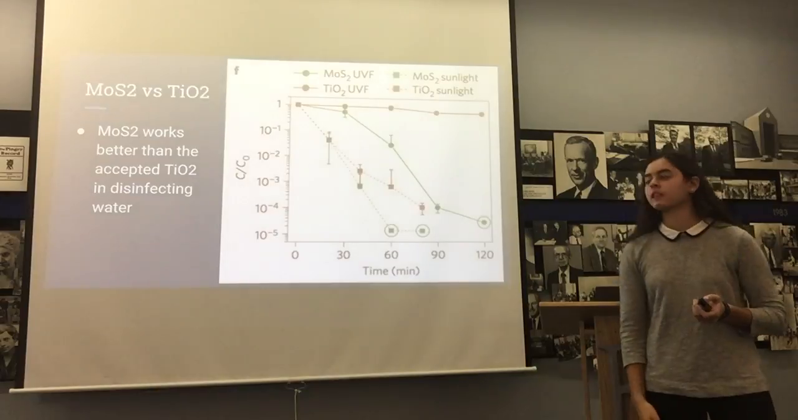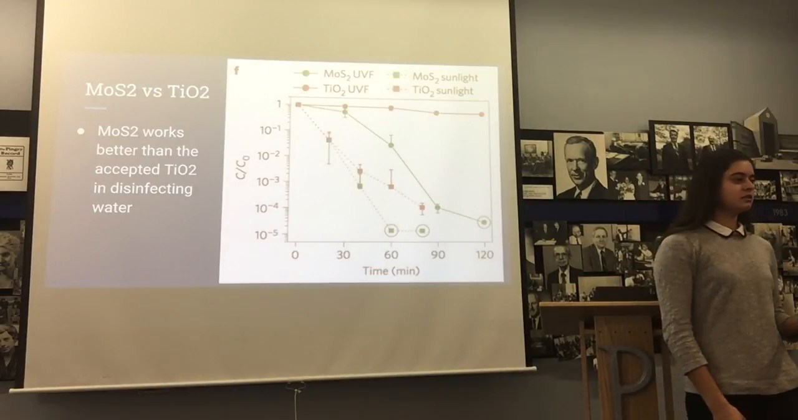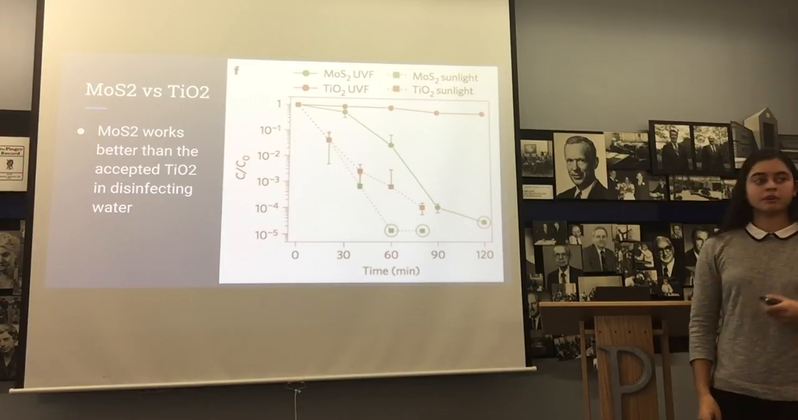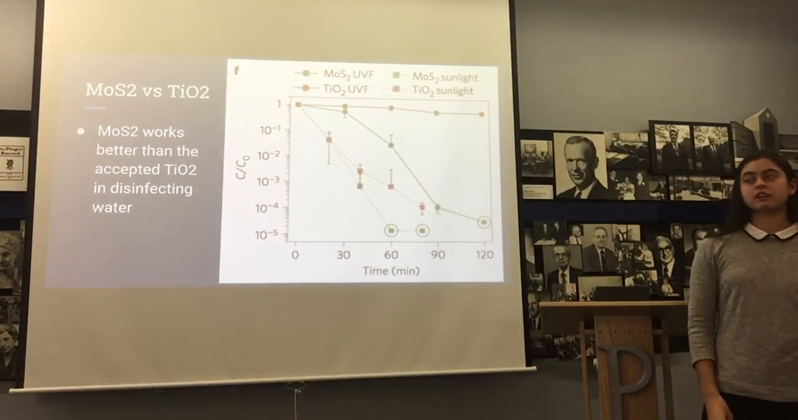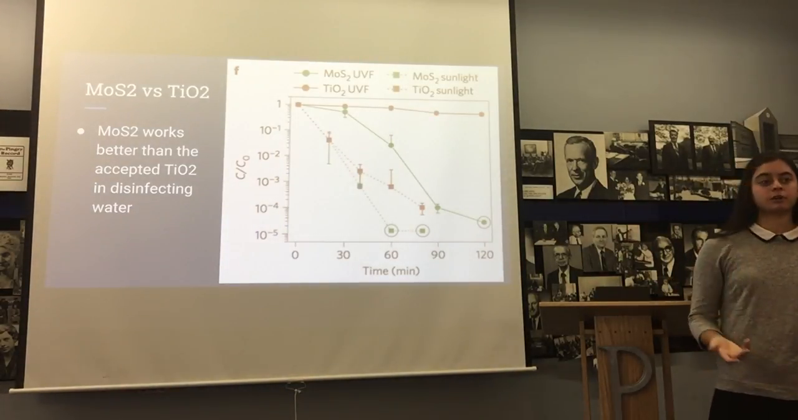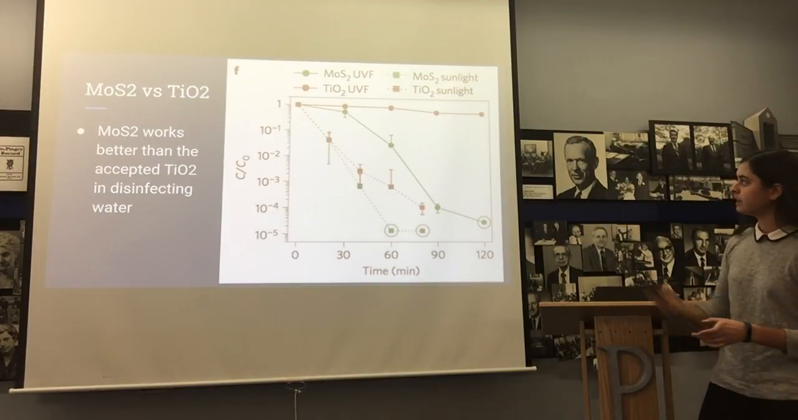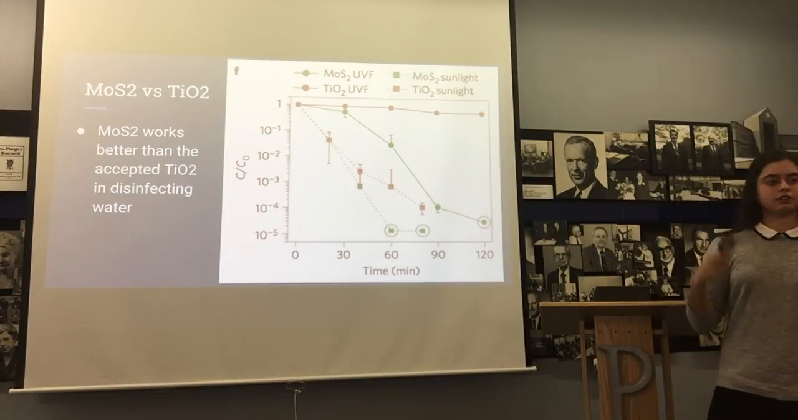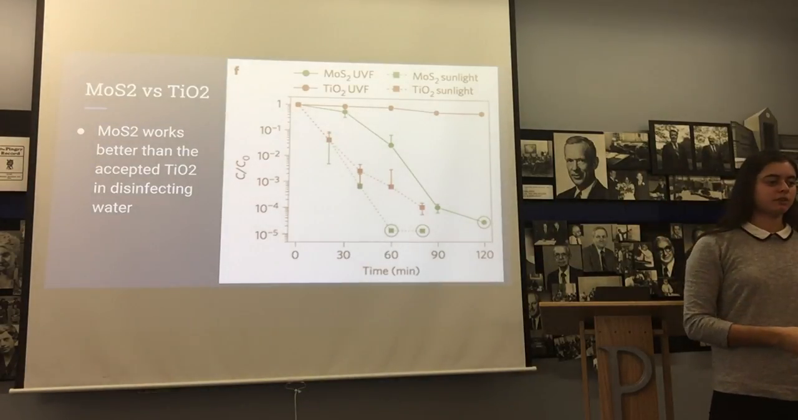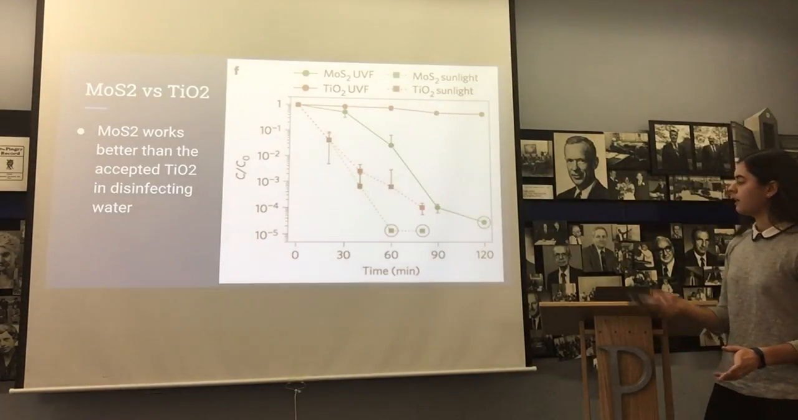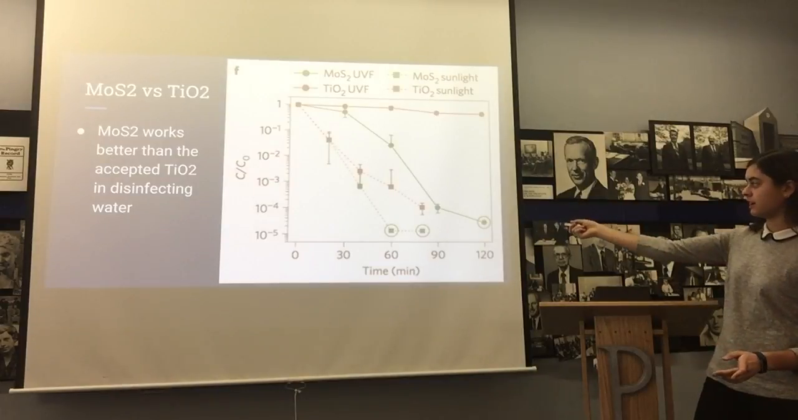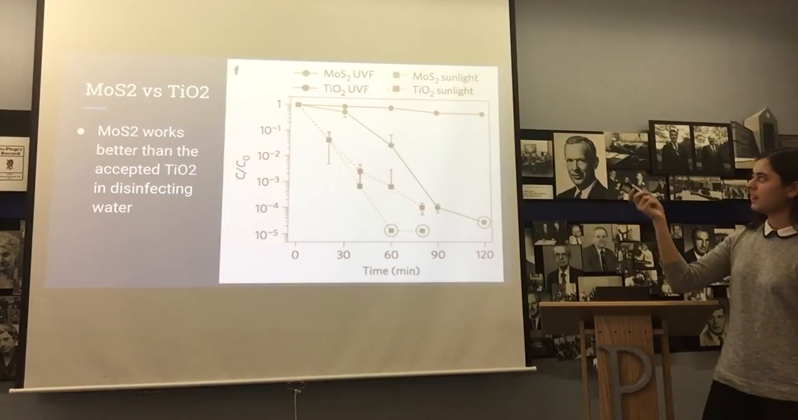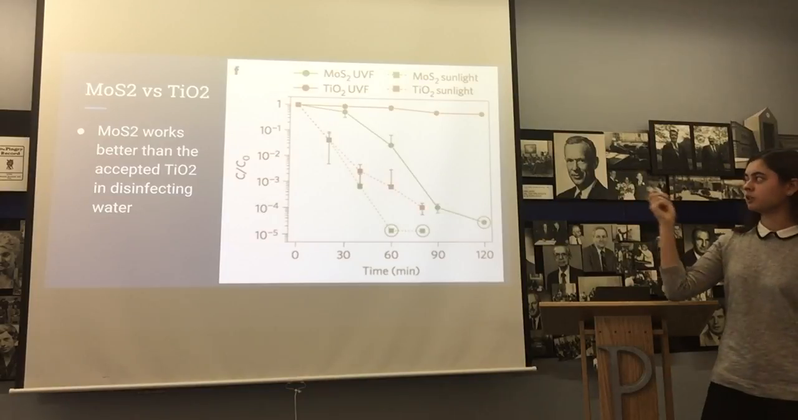Okay. So I mentioned TiO2 before as another photocatalyst, but MLS2 was used in this paper because of how they proved that it worked better than TiO2. In the lines with the circles, the top two lines, they had it under UVF light, which was the combination of visible light and infrared light. And that worked pretty well for TiO2, getting a similar result, disinfection in 120 minutes, and MLS2, or TiO2 didn't